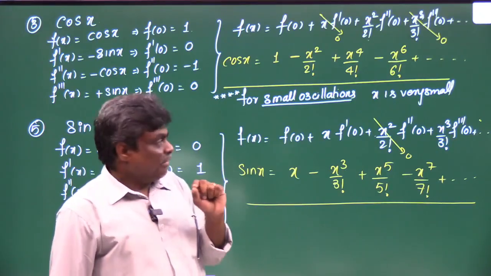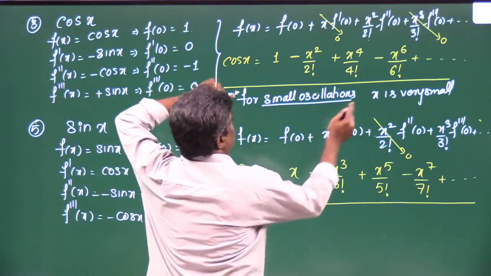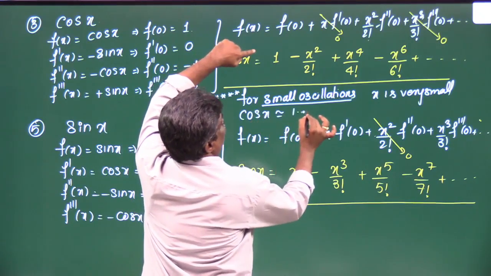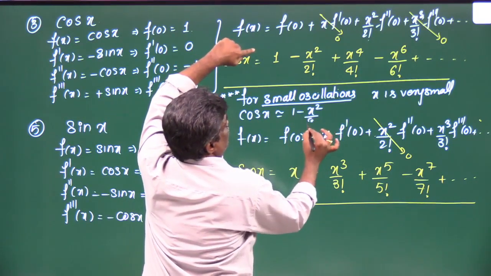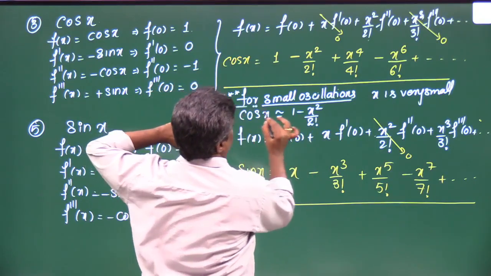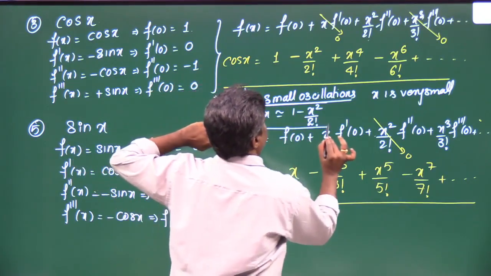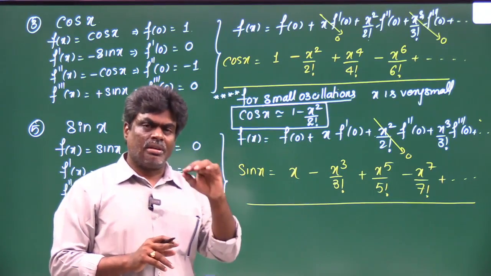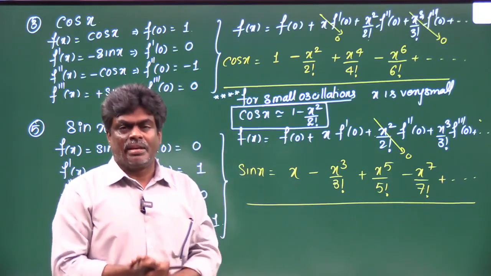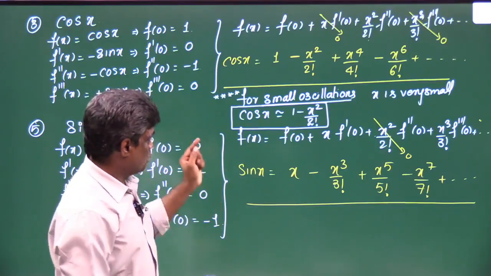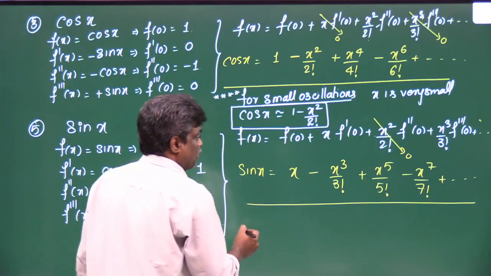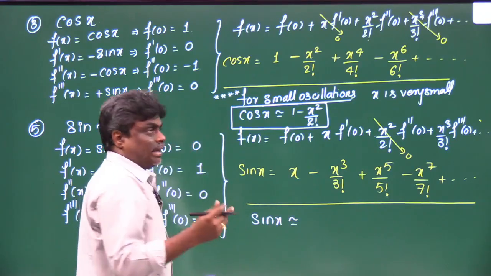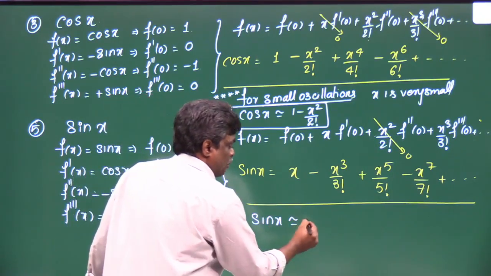Okay, so that's why whenever you have sine and cos, if x is very small, then cos x is nearly equal to 1 minus x square by 2 factorial. This is very crucial, and don't forget, while you are discussing the Lagrangian dynamics or Hamiltonian dynamics, in many areas we will use this concept, so please remember. And similarly here sin x is also,